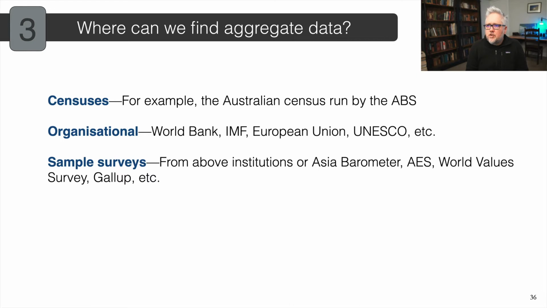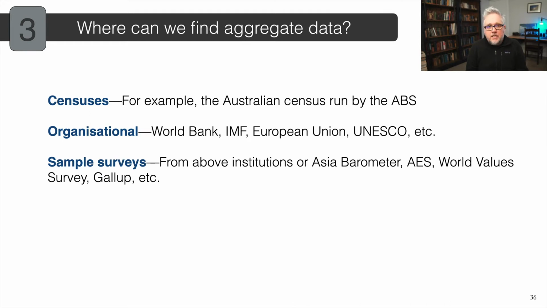We talked about surveys in week 5. They're a popular way of trying to understand political behavior and political beliefs. There's a whole bunch of different surveys, as I mentioned before, from the World Bank and other international organizations. There's Asia Barometer, Afro Barometer, Latino Barometer, looking at people's individual experiences and beliefs in particular regions. I found them really useful for people's own perspectives on being exposed to election violence and threats of violence.